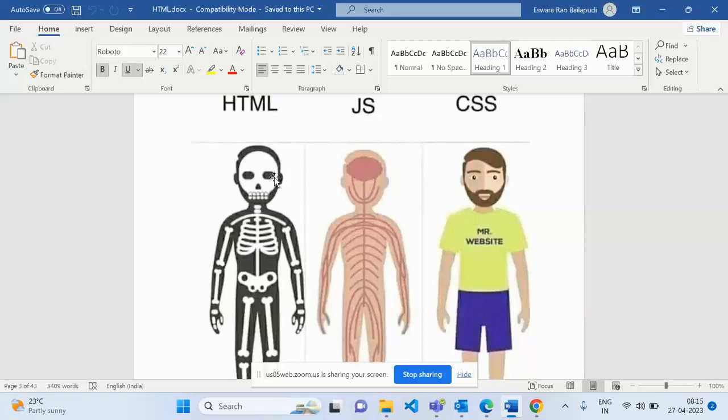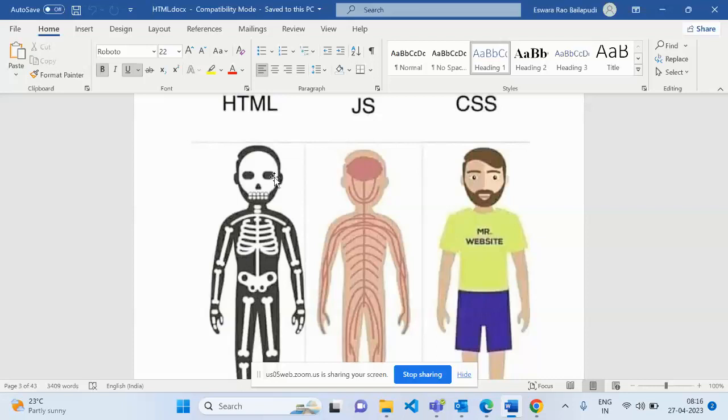It's like a blueprint, the structure of the body. Any structure, for example, you have the car. What is the structure of the car? You should have four wheels, and you should have the top and everything. That is the structure of the car. Inside, the seating arrangement, everything is the JavaScript? No, that is also HTML only. I'll tell what the JavaScript is.